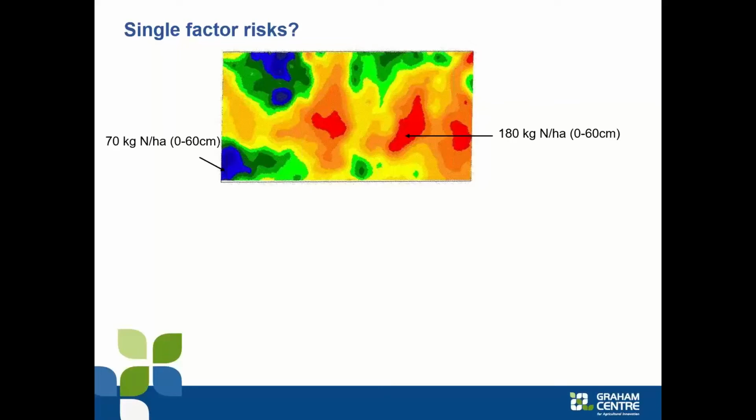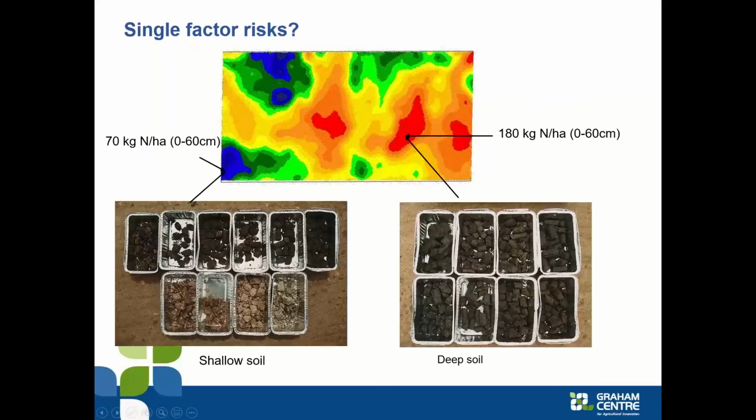And for over 20 years, I've been showing this map to our students and farmers and asking which part of the paddock, if you're about to be putting a wheat crop into this paddock, would you be putting most of your nitrogen fertiliser? And after 20-something years, without exception, I'm still waiting for someone to say that more fertiliser needs to go on the end of the paddock where there's already 180 kilos of available nitrogen. If that's the only number we've got, that might seem to be a reasonable assumption to make.